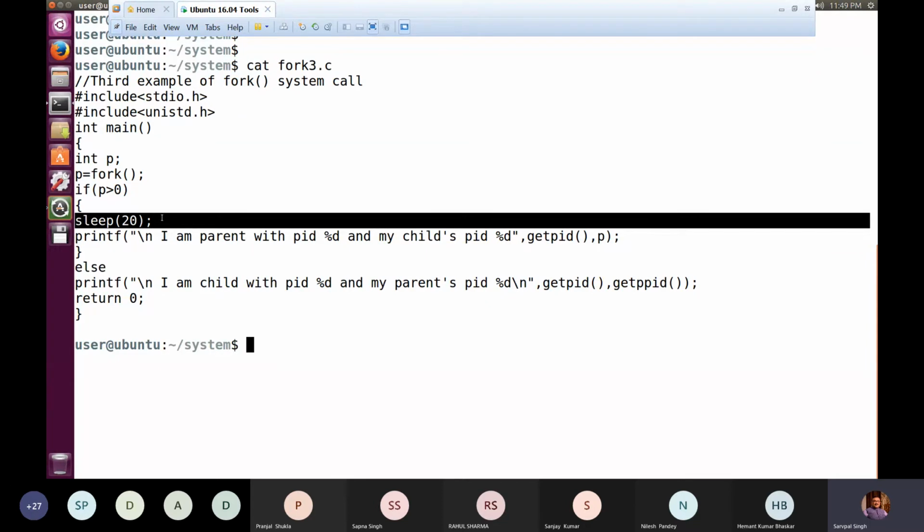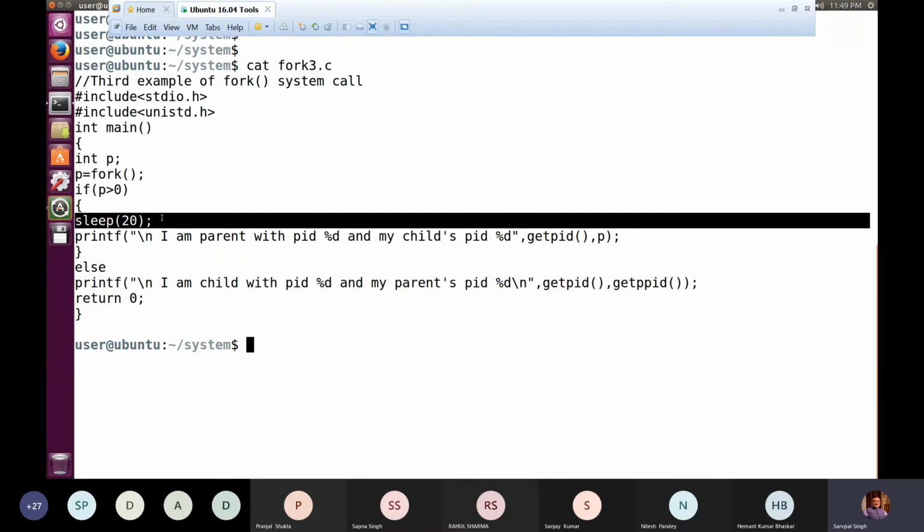And during that period, it may be possible that if the time quantum is over, the CPU slot will be given to the next program in the queue. Okay. So we deliberately put this sleep 20 statement because our intention is to prolong the execution of the parent. That is sufficient time to ensure that the child is executed before the parent.